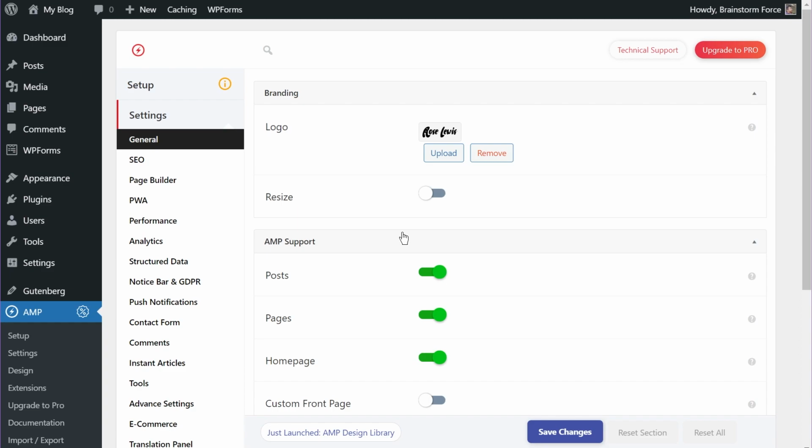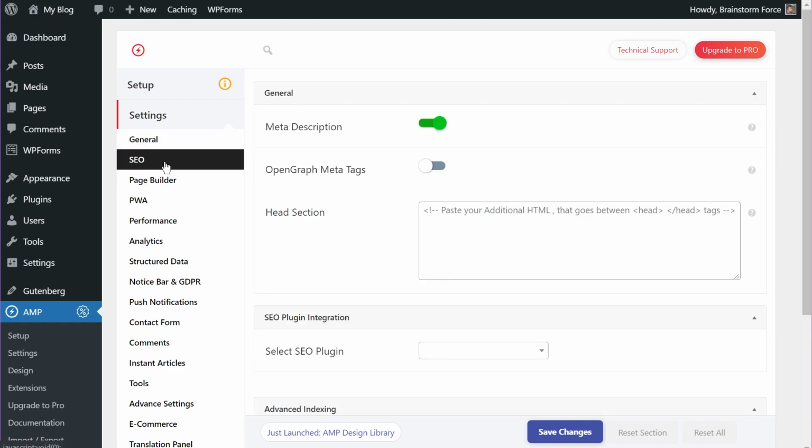So we've already established that if you want to use the AMP for WP plugin and you want the custom or enhanced functionality that the free version does not provide, then we have to purchase some pro plugins that we already discussed, or I demonstrated specifically in this video. But the plugin also provides some basic functionality for many of these features for free as well. For example, if you go into the SEO settings, then you don't need to purchase the pro extension to have just these settings configured.